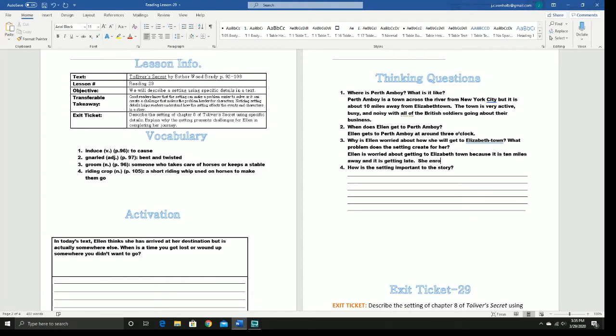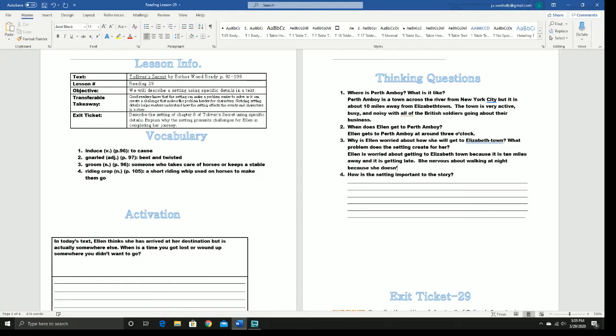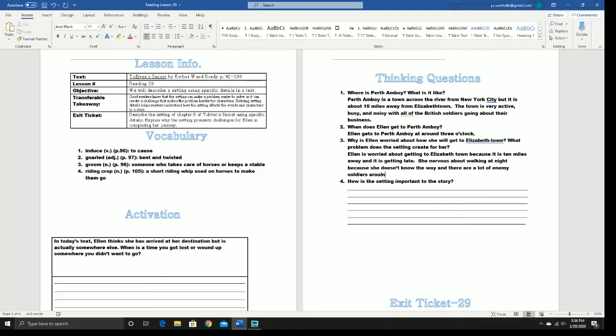She's nervous about walking at night because she doesn't know the way, and there are a lot of enemy soldiers around. Right, before I go to the second part, we've been asked to provide details to prove this, and it's always good to find details to prove it, so I'm going to make sure I include those details in the way that we learned. I know this because